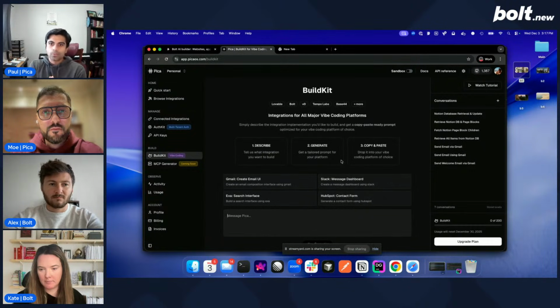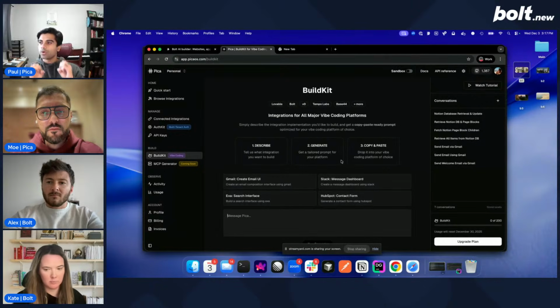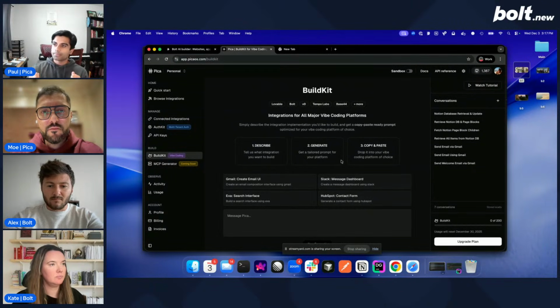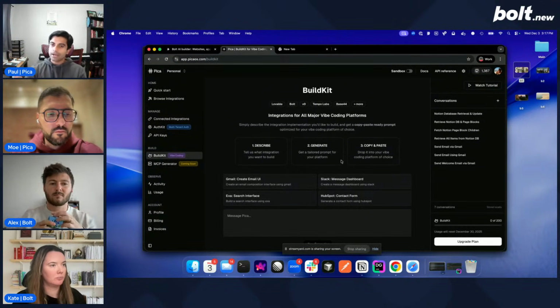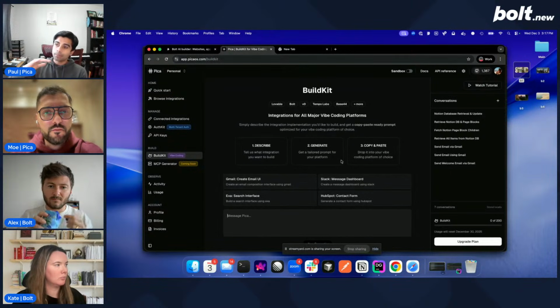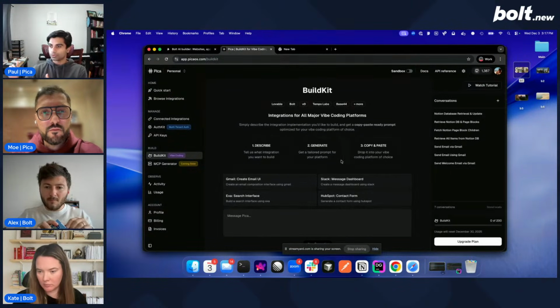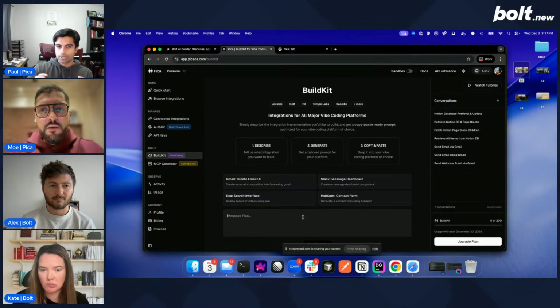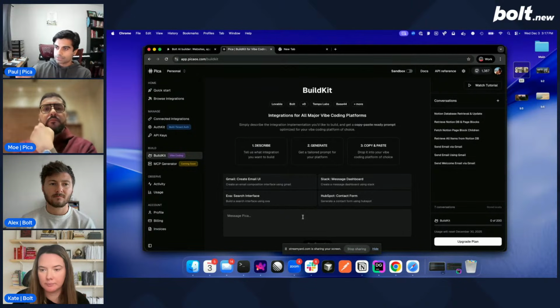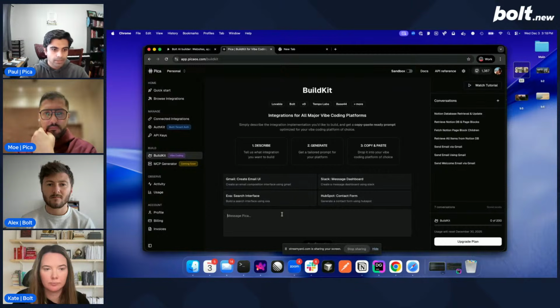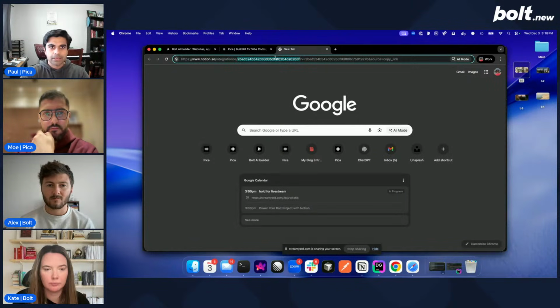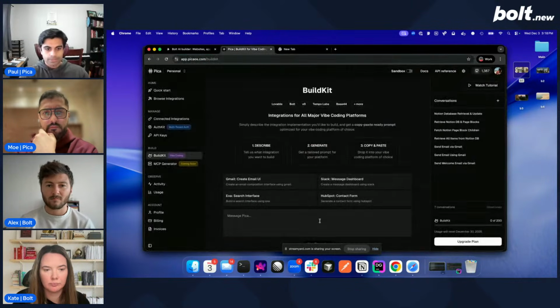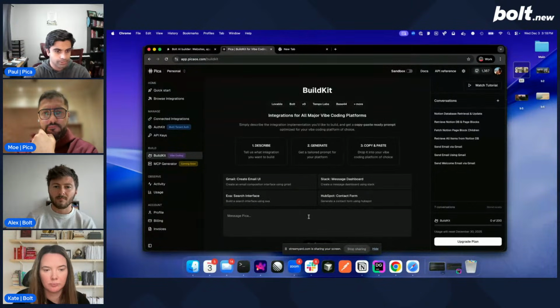And the way BuildKit works is BuildKit's job is to take what you ask it. It could be a prompt that ties multiple integrations together, or multiple actions of an integration, and give you a prompt that you can just copy and paste into Bolt. So here, I'm going to describe exactly what I want. And what I'm describing here is the backend logic, so what I want to happen on the backend side of things. I'm also going to copy this database ID so I can paste that into BuildKit so it will format the prompt accordingly to our database. So I'm going to say,